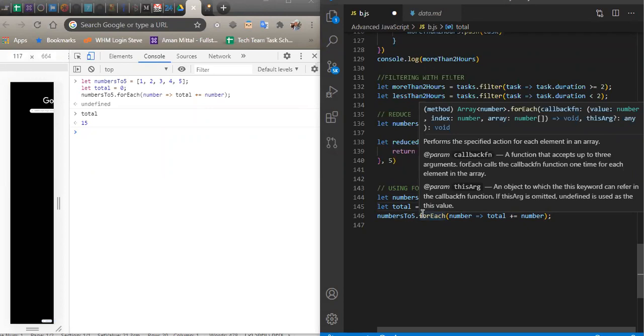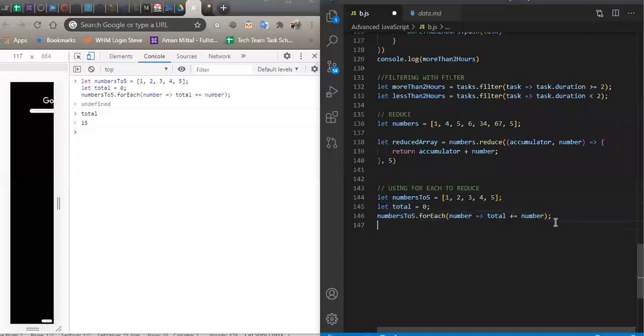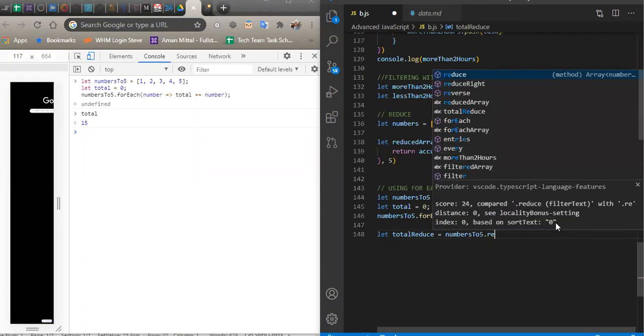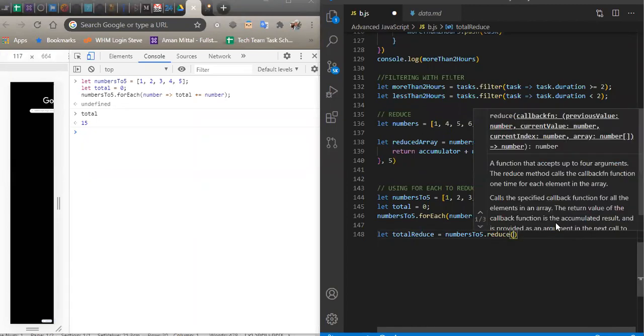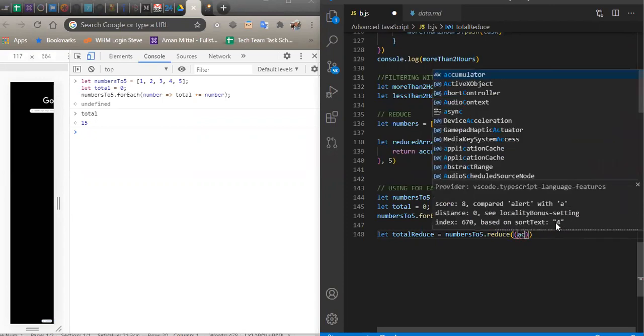So with reduce, the way we would write it is like this. We can say let total reduce equals numbers to 5 dot reduce, and the accumulator,